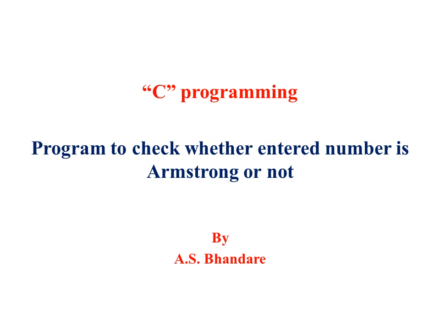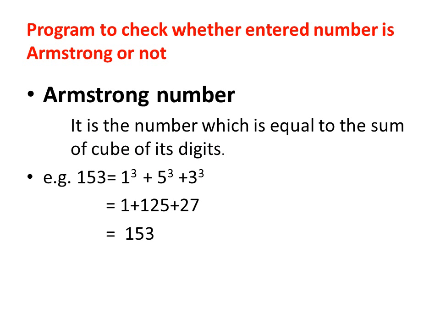Today we are going to see one program in C language which checks whether the entered number is an Armstrong number or not. Now let's start. Firstly, what do you mean by the Armstrong number? It is a number which is equal to the sum of the cubes of its individual digits.